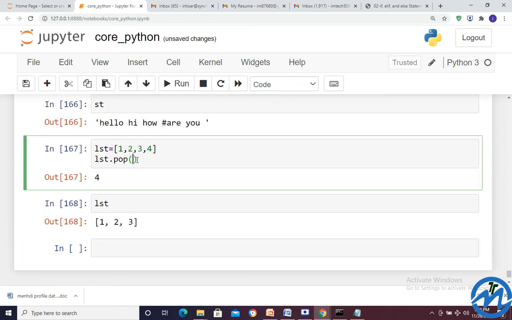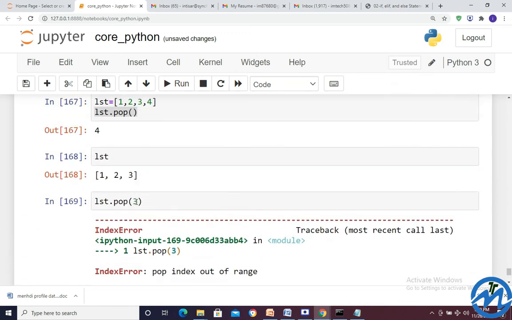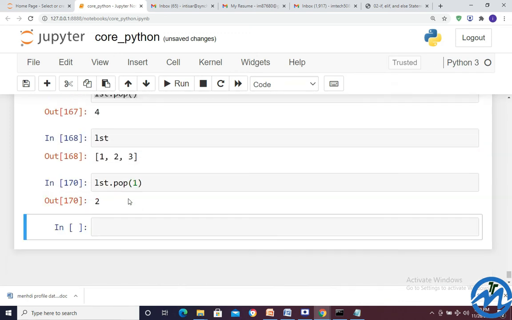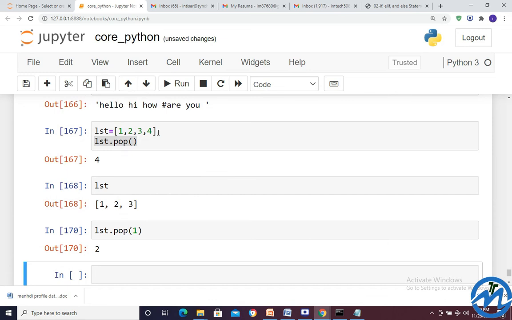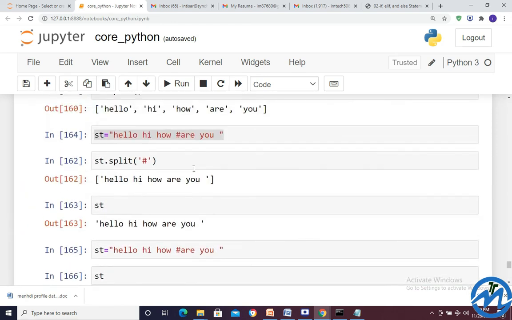Suppose I give lst pop 3, enter. Pop index out of range. Because we have removed this 4 now, this is the reason it got out of range. So 2 is popped, and now if we call the list lst, 2 won't be available there. So 1 and 3. This is exactly the scenario, and we have some more functions on it.